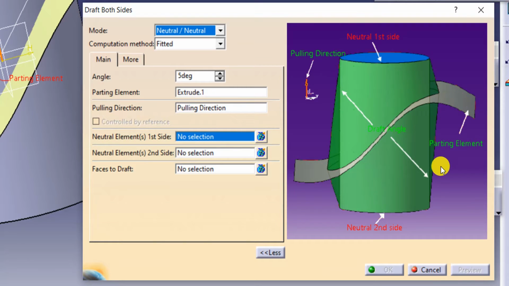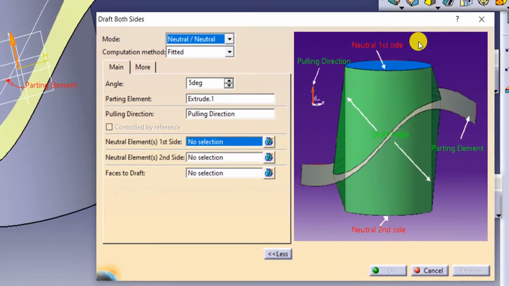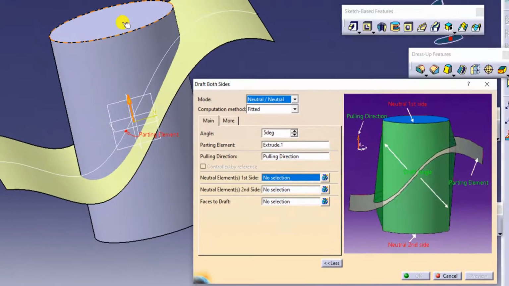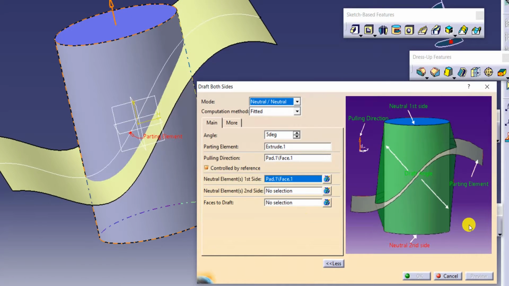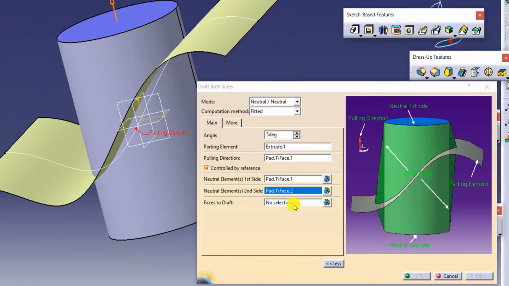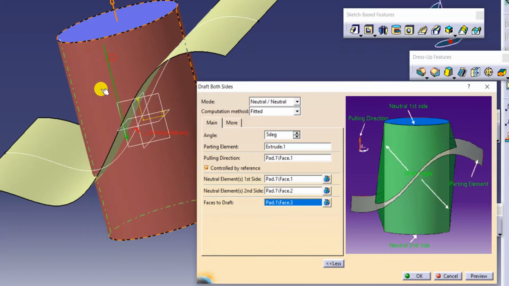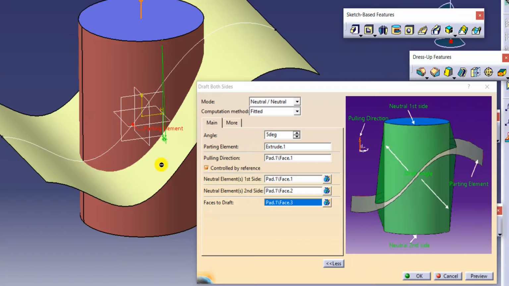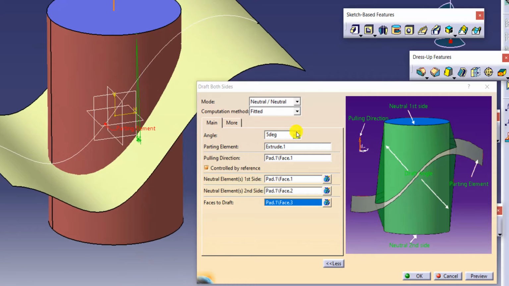This surface is the parting element, and next here is neutral element side 1. So top is the neutral element side 1 and bottom face is neutral element side 2. I'm giving this as our side 2 and now face to draft. This is our face to draft and now here we can give the angle.